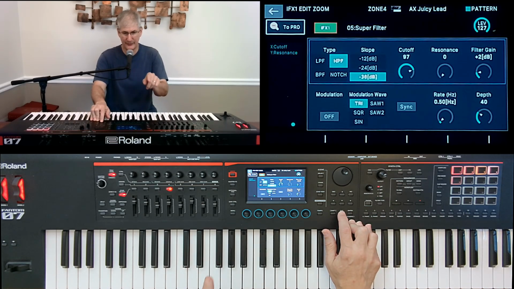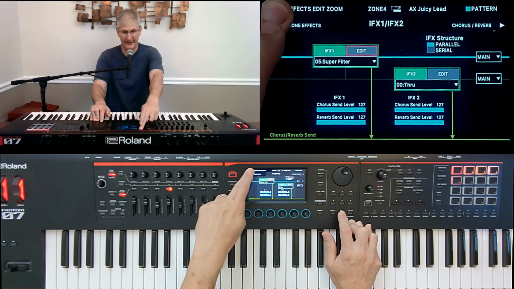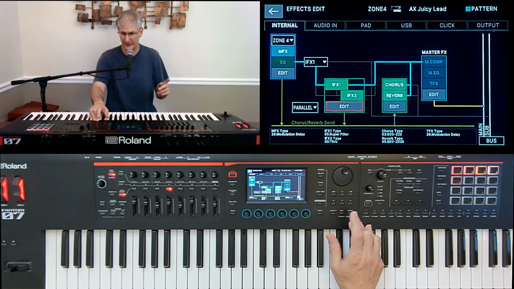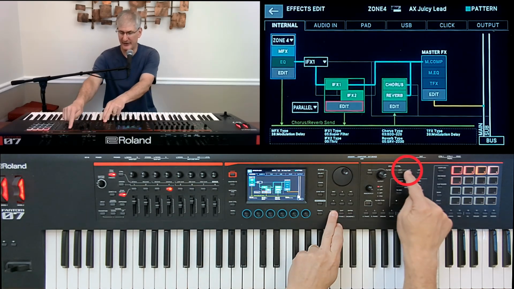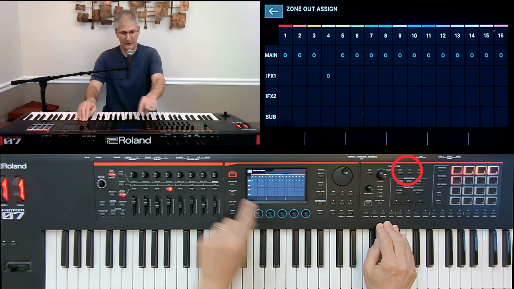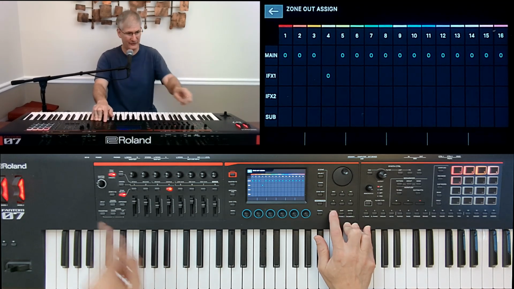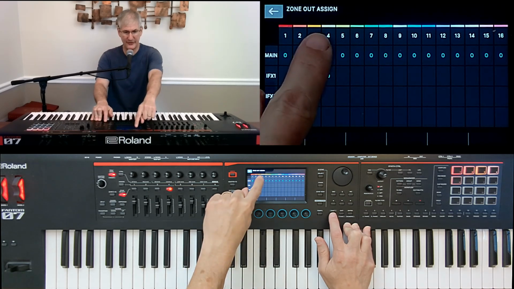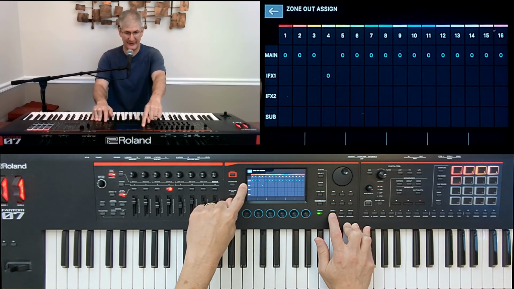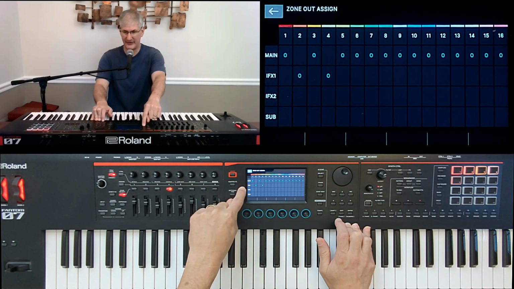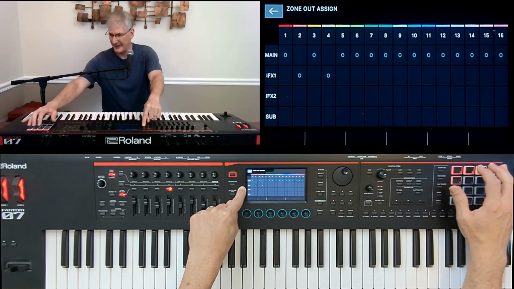Instead of going to zone 2 and doing that, which would probably be the easiest way, I want to show you another little trick. If you hold down shift and press this FX over here, it shows you all the zone out assignments. Now the shift button has a lot of interesting functionality, so if you're ever feeling adventurous, hold down shift and press some of your other keys and see the menus that those bring up. Here you can see zone 4 is set to IFX 1. I'm going to set zone 2 to IFX 1 also. So if these guys are playing,